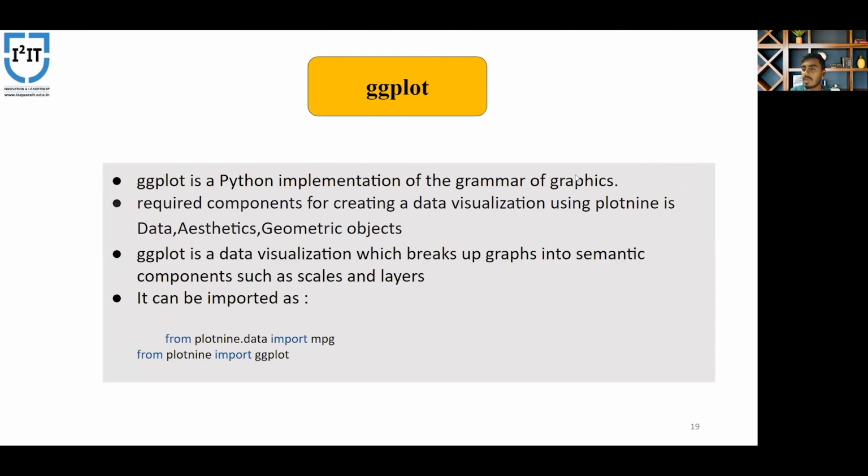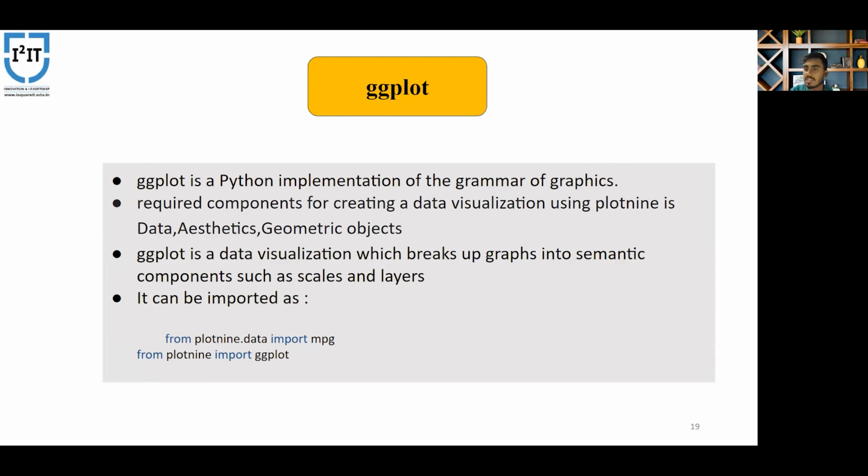ggplot is a Python implementation of the grammar of graphics. GG is mainly known as grammar of graphics. It uses components for data visualization, such as data, aesthetics and geometric objects. ggplot is a data visualization tool which breaks graphs into semantic components such as scales and layers.